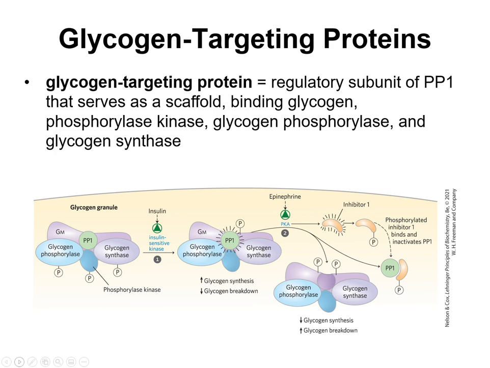And to make it more complicated, let's talk about glycogen targeting protein. That's the regulatory subunit of PP1. And it serves as a scaffold for the glycogen phosphorylase kinase, glycogen phosphorylase, and glycogen synthase. So you can think about it as a docking point for all of these enzymes. So they're all together and they can all be phosphorylated or dephosphorylated quickly so that you can propagate a signal,